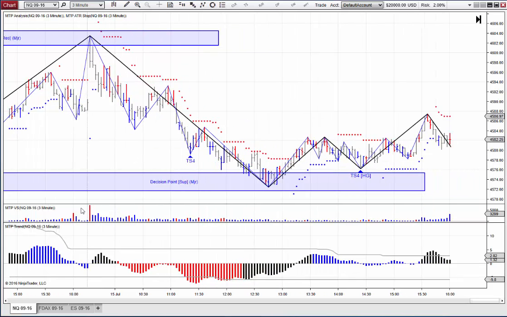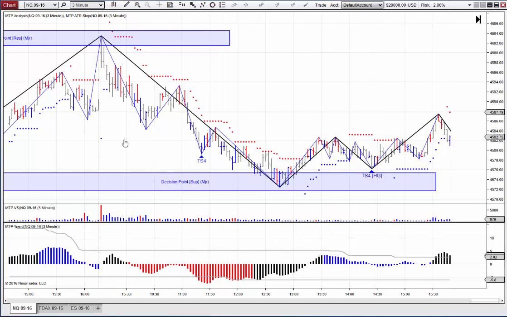So this is a great example of how to use our new MTP trend indicator combined with our DP support and resistance zones to help you decide which trades to take, whether to take them on the short side or the long side, but with the large degree trend. And you can see yesterday how well this did on the three E-minis, how we caught the high of the day and caught the low of the day. Here you see this is actually perfect on the NQ, nailing the high there and nailing the low,